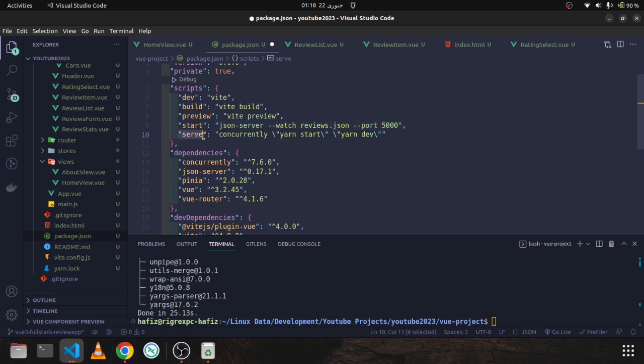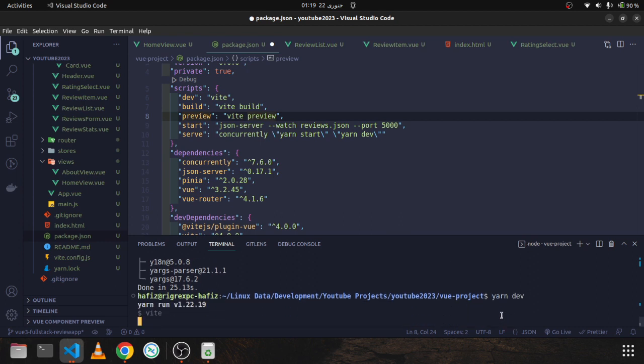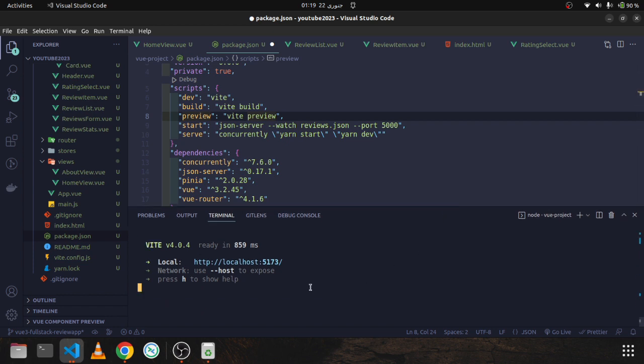And here we are saying serve. So basically we will not use this dev command now, because we will use this reviews thing. We will say serve command, concurrently run these commands at the same time. Yarn start runs this command, and yarn dev runs this one. So it will run two things, front end and back end, at the same time. If I'm running yarn dev, it will run only the back end. But if I run yarn serve,